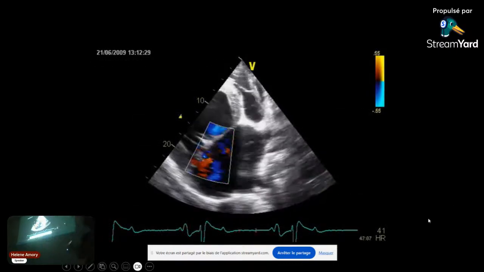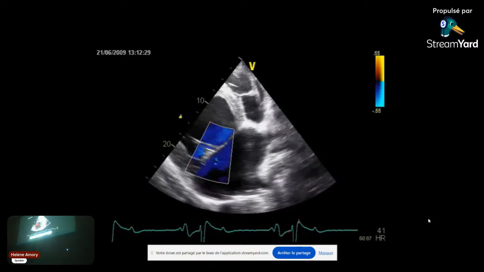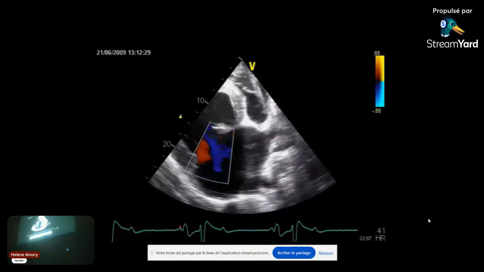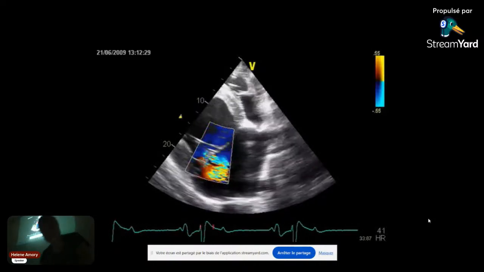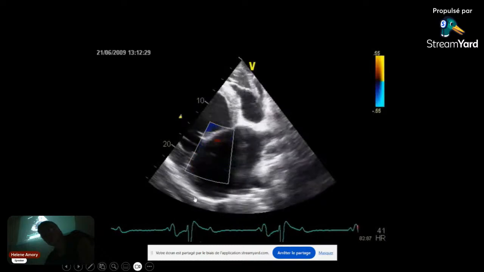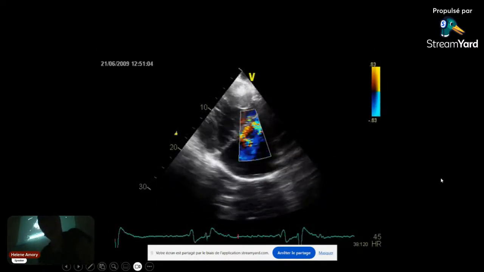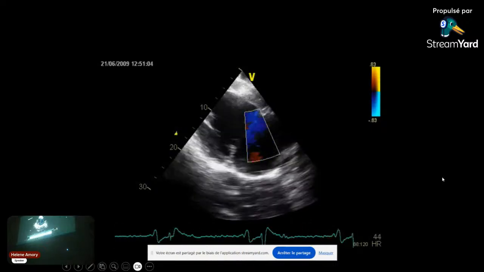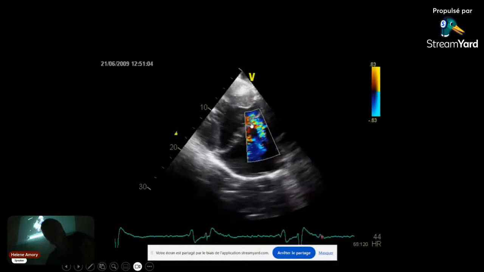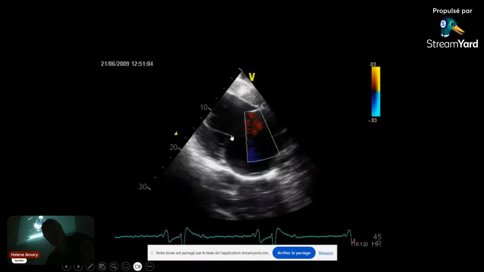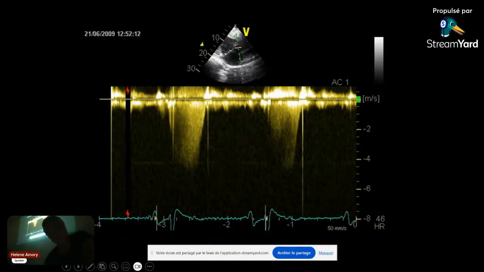This is the mitral valve, and indeed, it's mitral insufficiency, a severe one. You can see it clearly. This is from the right side. Again, the shape of the left atrium is rounded. This is the same seen from the left side this time. You see two regurgitant jets, one here and another one here. That's a good mitral insufficiency, severe.